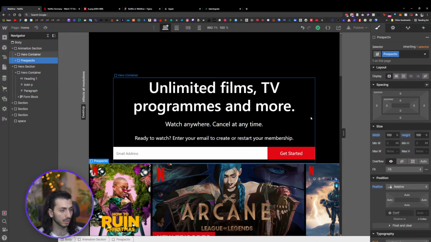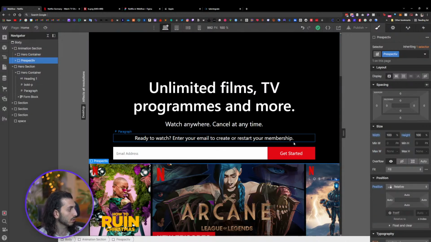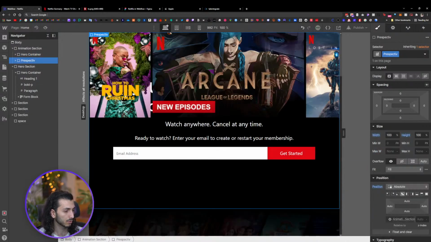So this is taking place, and also this is taking place. So we can have this section hero container, and this one, the perspective one, we need to make it absolute, so it goes behind it, so it's ignored kind of, and